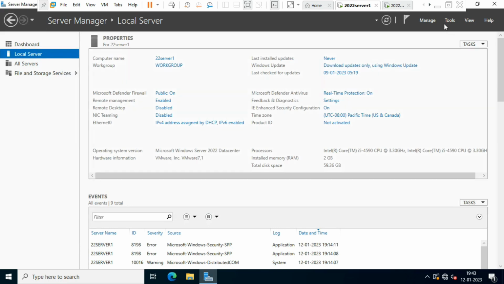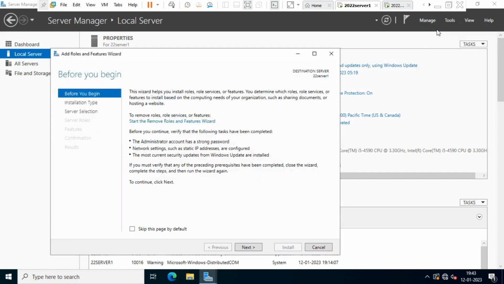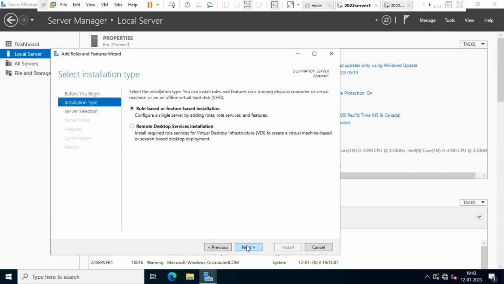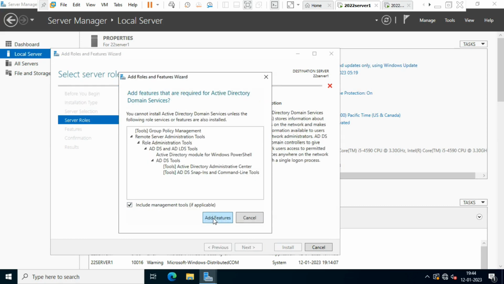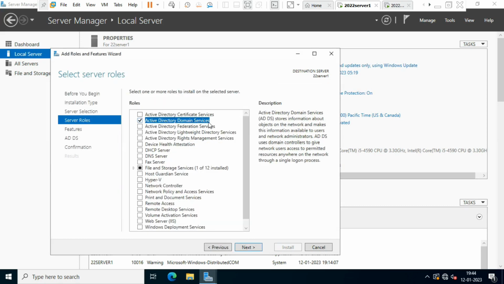Then the same stuff: just click manage. How to install Active Directory, again you see from the beginning: click manage, add roles and features, click next, next, next, and here you have to select the second option, that is Active Directory Domain Services,